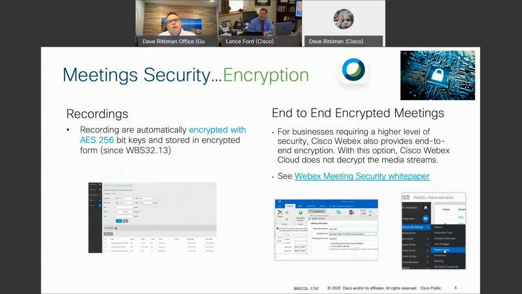Yeah, so we require basically users to have passwords, right? That's one of the big things. We require users to have passwords. You as an instructor can actually go ahead and lock a room after a session. You can lock that by default. So say 5 minutes after the bell rings, for users to come in, if they're not in the session within the first 5 minutes, you can lock it automatically. Or again, you can lock it manually for yourself as a host. But basically all of our sessions are recorded, right? And we basically encrypt with 256 encryption keys, right? So everything is encrypted on the back end. For end-to-end encryption within meetings, everything is done end-to-end for the meetings part as well.